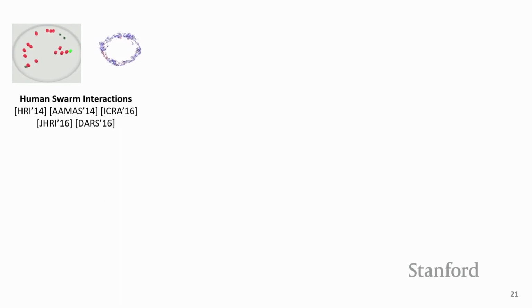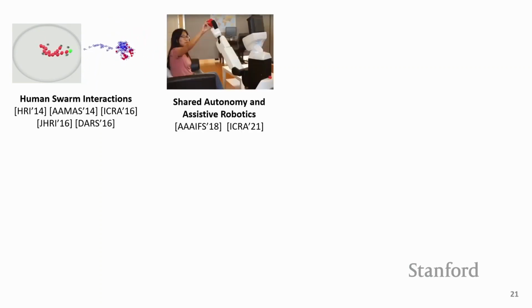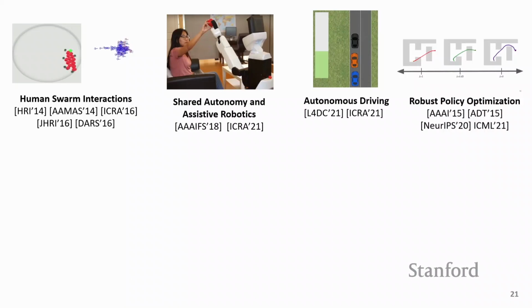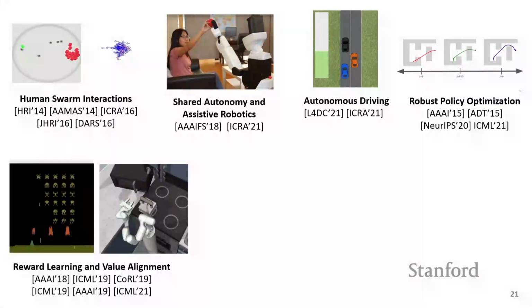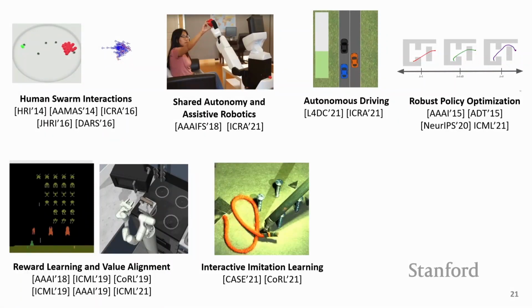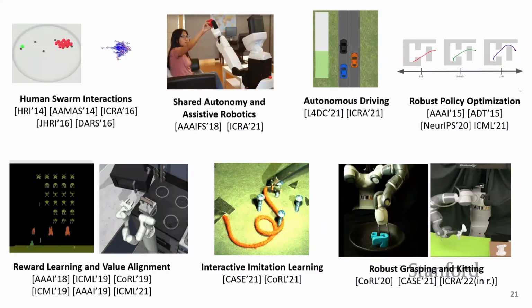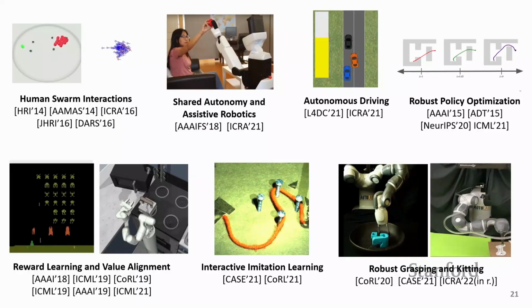I've been lucky to work on a variety of really fun and fascinating problems, ranging from human-swarm interactions. How do we get humans to manage these multi-agent collectives? Looking at shared autonomy, assistive robotics, autonomous driving. How do we get these cars to navigate roads alongside humans using models of human intent? As well as looking at robust policy optimization. So how can we develop algorithms that are robust to uncertainty and really hedge against this uncertainty that they might have? A lot of my work is focused on what we've talked about, this idea of value alignment, or learning reward functions, models of human intent, as well as looking at ideas for interactive imitation learning and robust grasping and kitting of objects. I don't have time to talk about all these today,